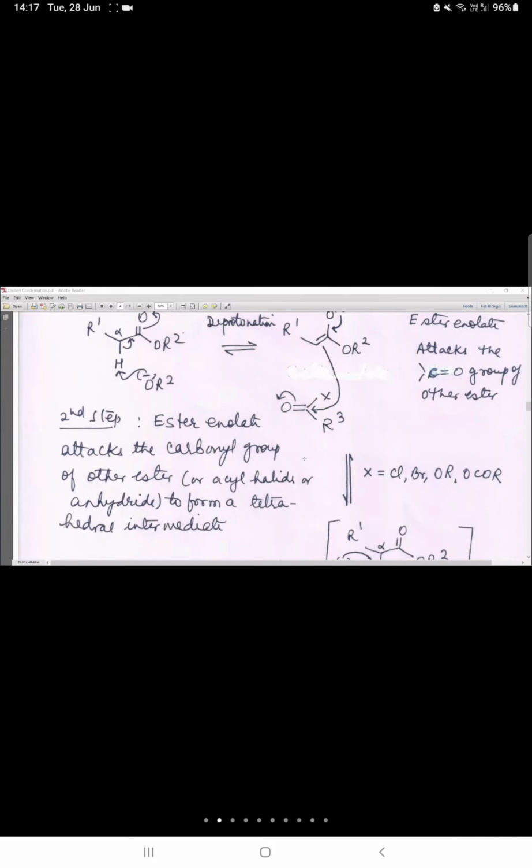Now, like in aldol condensation, this ester enolate attacks on the electrophilic carbon of the carbonyl group, right? एसाइल हैलाइड, एनहाइड्राइड जो भी हम लोगों ने ले रखा है वहां पे आ गया आपका, डिपेंडिंग अपॉन एक्स कैन बी एनी। Now this attack will give rise to a tetrahedral intermediate,